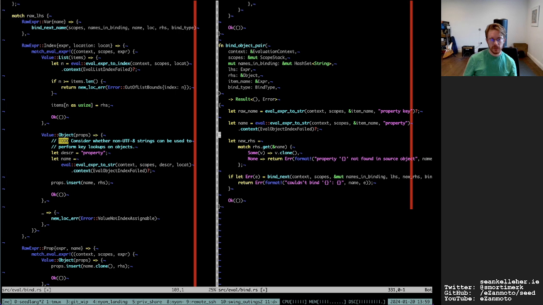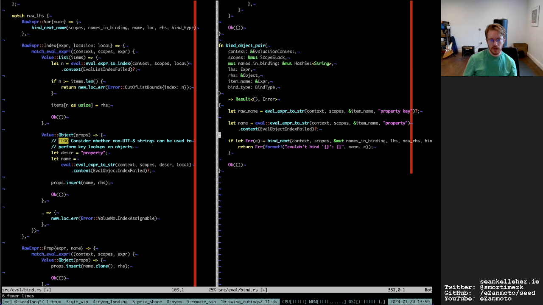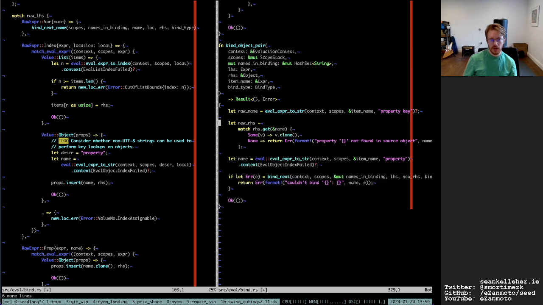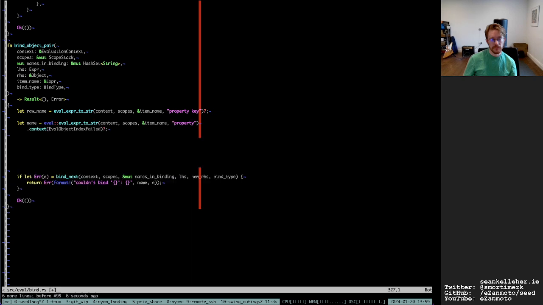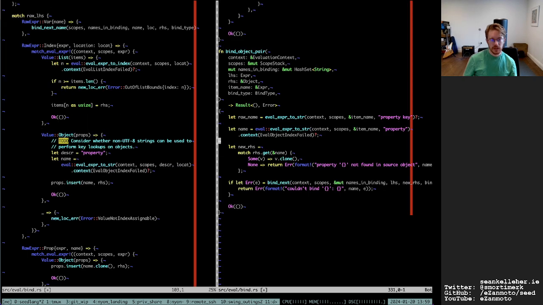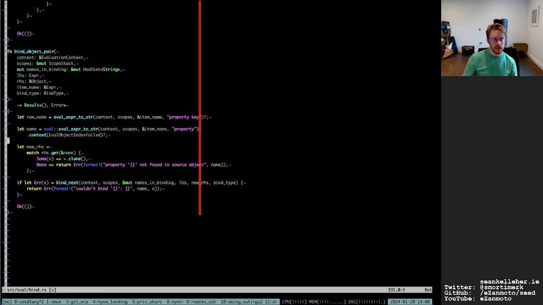New right hand side, that should probably be evaluated before the name. Or no, we'll do it in reading order, at least Western reading order, left to right.